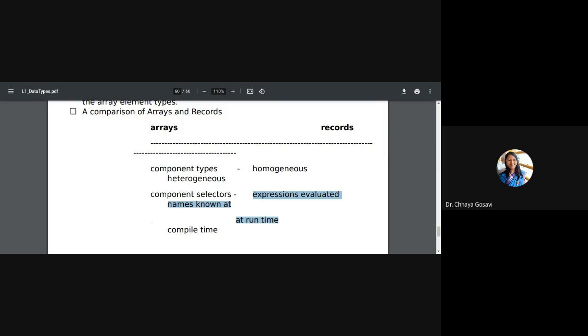You can ask the user to enter which position element they want to access, get that value, and access the element from the array at runtime. But you cannot access elements of a record at runtime because the record elements are accessed using names, and names are fixed at compile time.